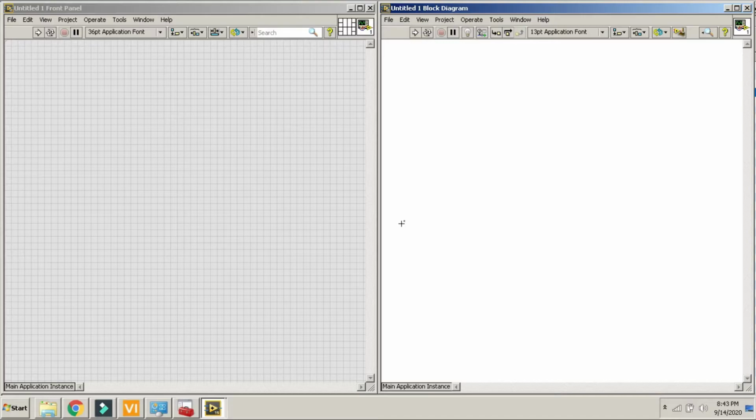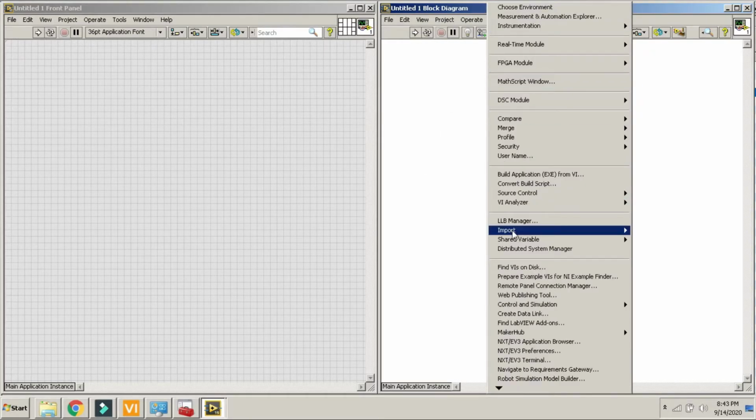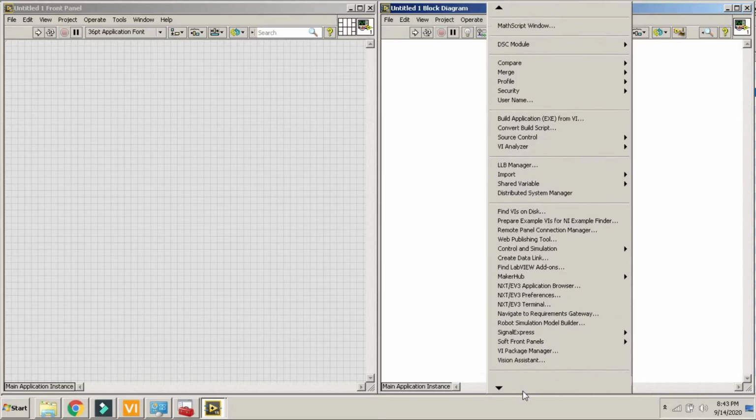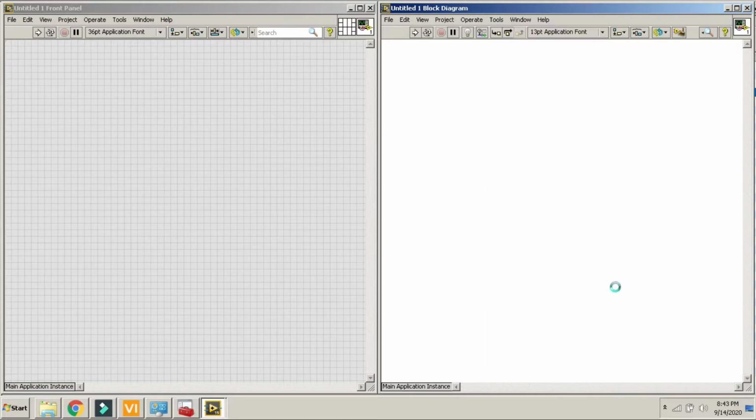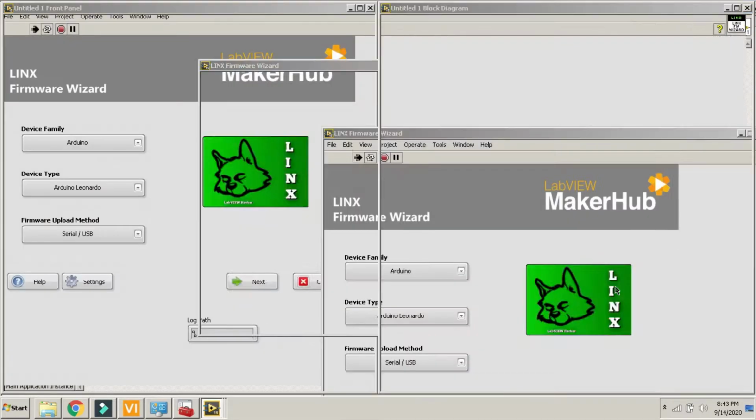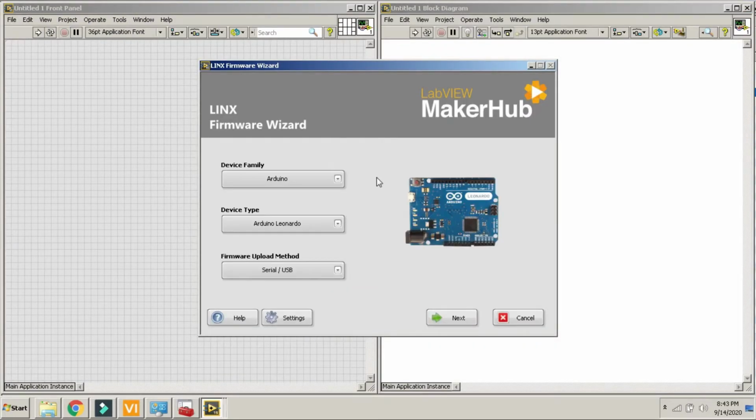So when you install this toolbox, you have to go to Tools. In this Tools menu, just go to MakerHub, then LINX, Firmware Wizard. When you click on this, a new window pops up, and over here you have to select your device family.